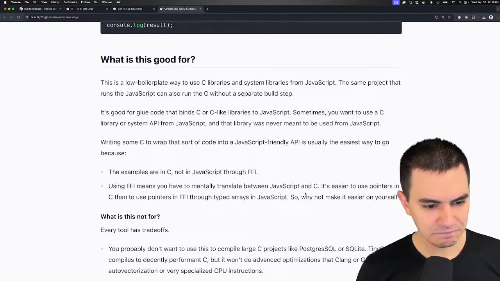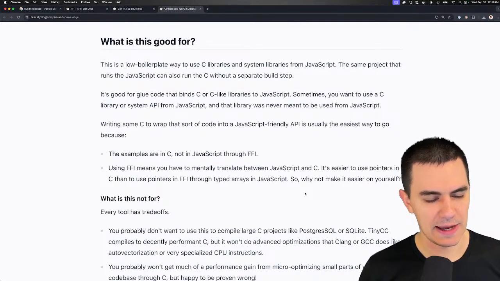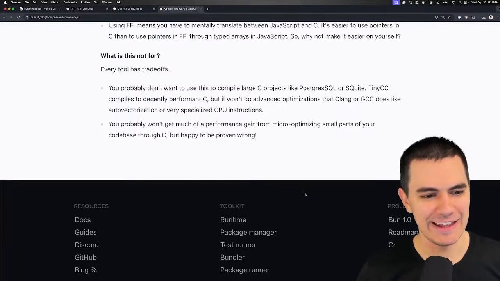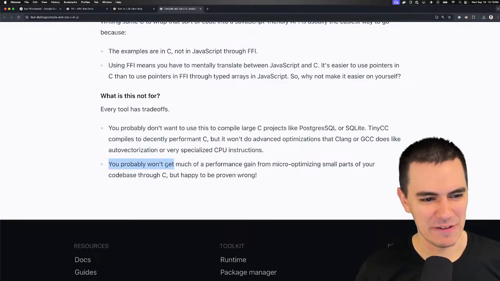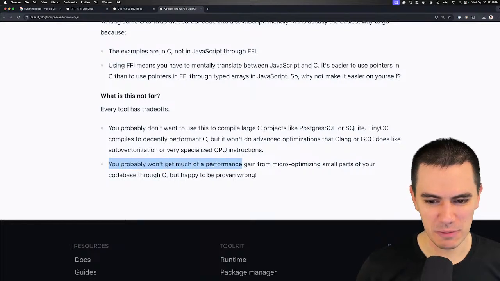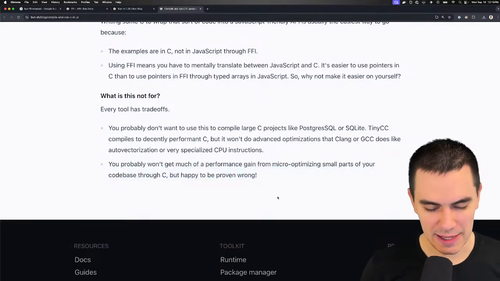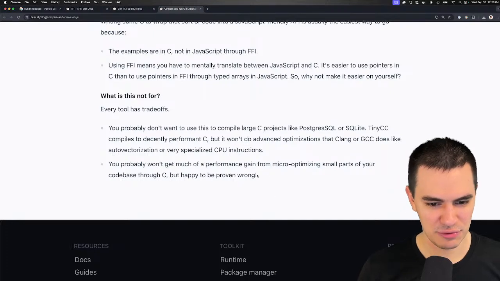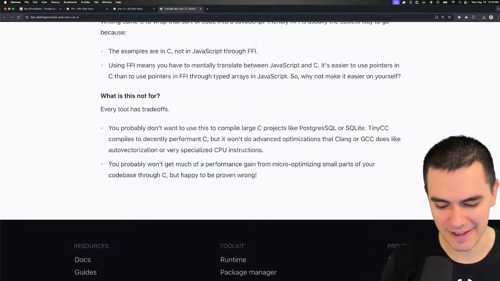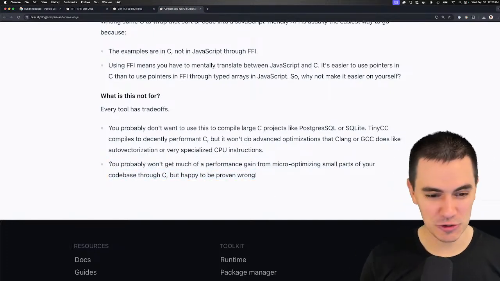Okay, cool. So just giving a bunch of examples. My favorite part of this blog post is this last line. You probably won't get much performance gain from micro-optimizing small parts of your code base through C, but happy to be proven wrong. So today, I want to prove that this is wrong